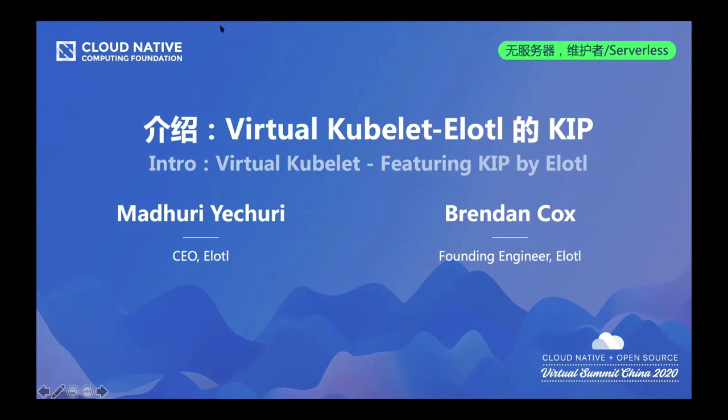So as long as the connectivity and security policies between your regular Kubernetes cluster and the environment where your virtual kubelet is shipping pods to are in place, there is nothing extra that needs to be configured for shipping pods through virtual kubelet. Please let me know if that answers your question or if there is any follow-up. Thank you.